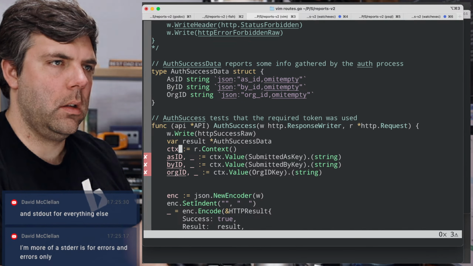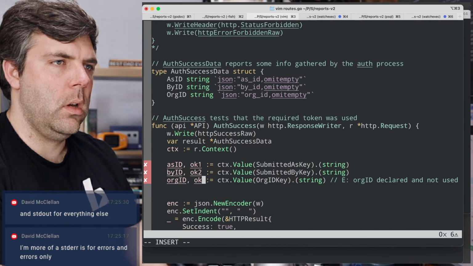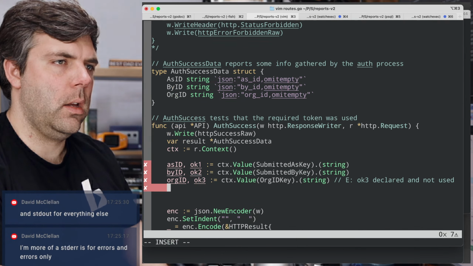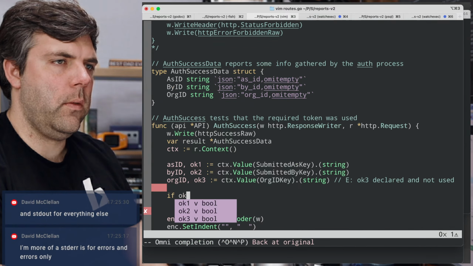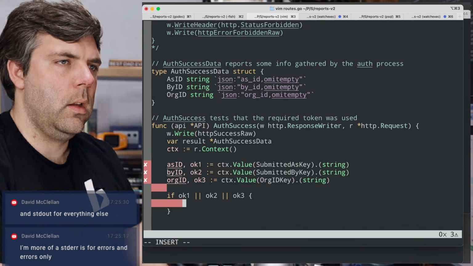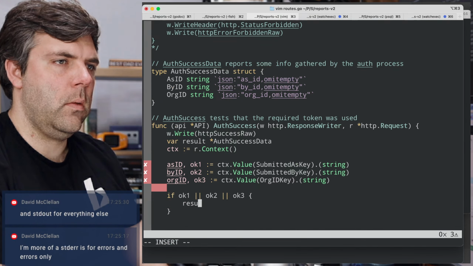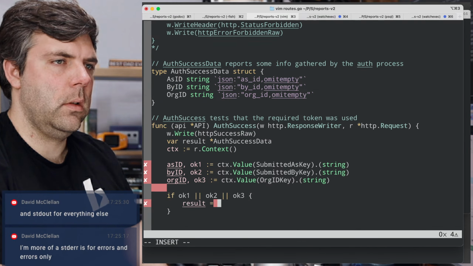Say ok1, ok2, ok3. If ok1 or ok2 or ok3, then result is equal to auth.